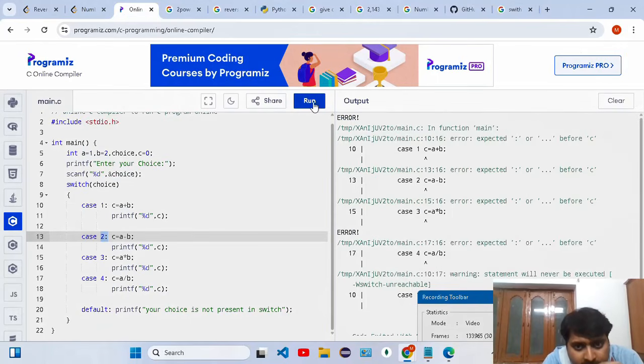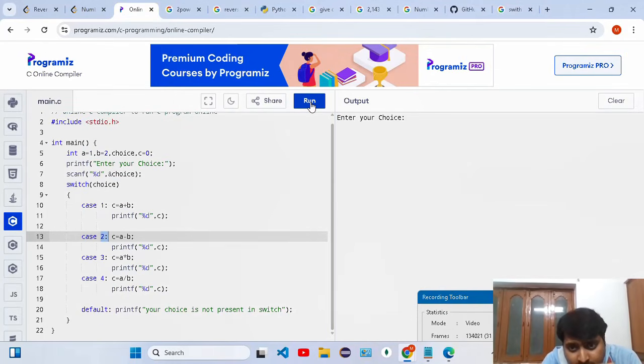Just run it, enter your choice. I'm entering 5. What happens, you see, your choice is not present in the switch. That is how default is executed. Just run it again. Up to 4 choices are there. If I press 1, what happens? If I press 4, what happens? Okay, again it is saying